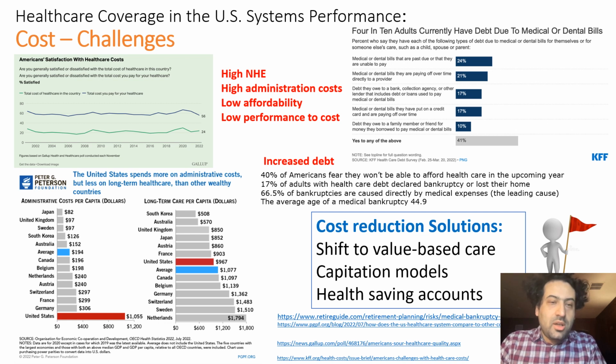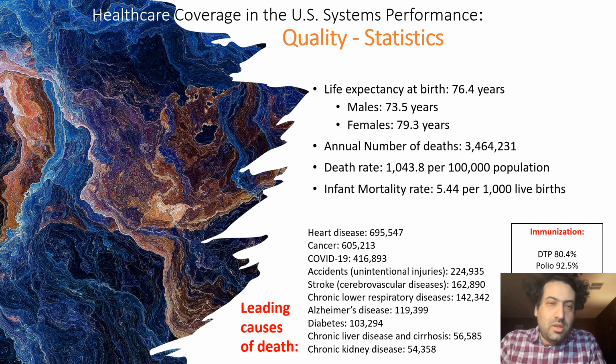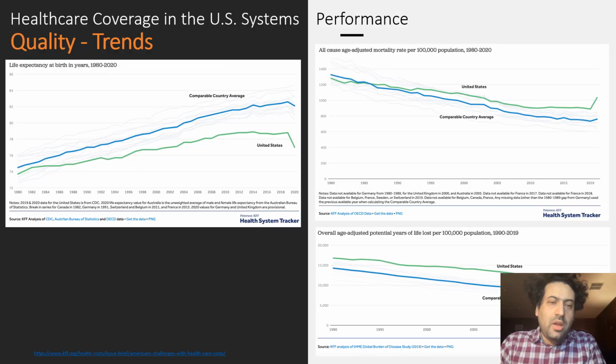The country has shifted recently to providing value-based care, capitation models, and promoting health-saving accounts. Let's switch to quality. With a life expectancy of 76.4 years, the leading causes of death are chronic diseases and trauma among Americans. Life expectancy and mortality have been improving in the past 4 decades, but at a lower rate